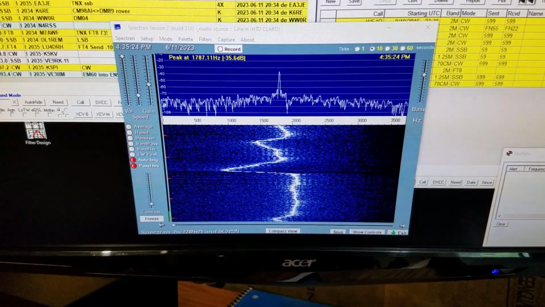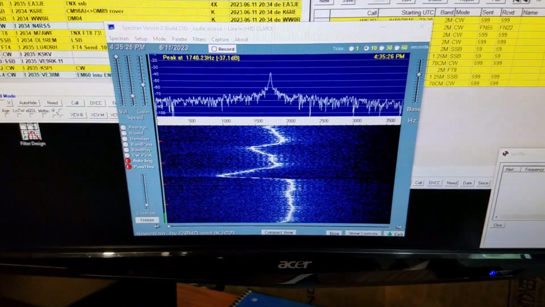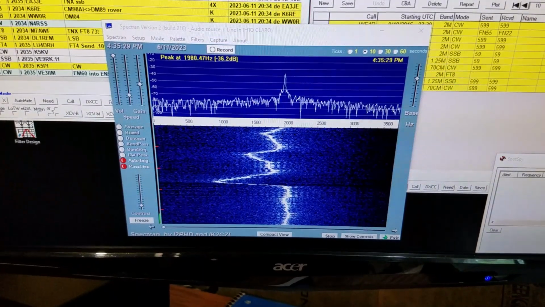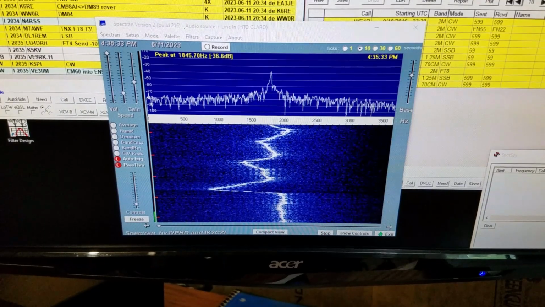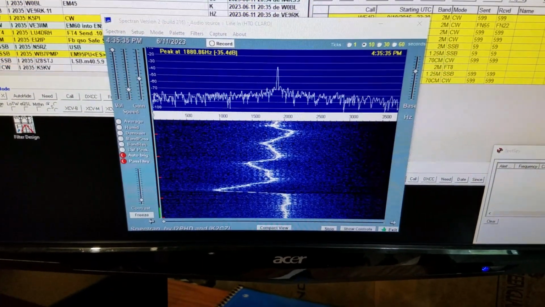Lock them to a GPS disciplined oscillator, and then they're stable. So I will be doing that eventually. This is just a basic receive test to make sure it is receiving. I'm going to go ahead and put the cover on that transverter and leave it a while and see if